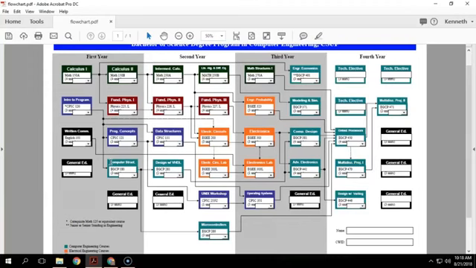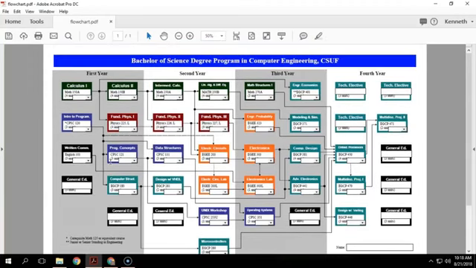Okay, the purpose of this flowchart is for your advising. It's a fillable PDF flowchart that I made, and you should have received it via email. If you didn't, let me know and I'll send it to you. What I want you to do before your advising session is to download your TDA and fill out the courses